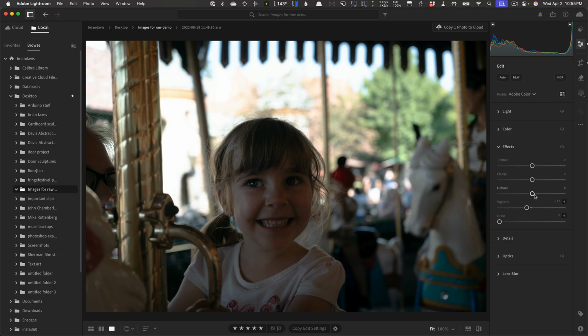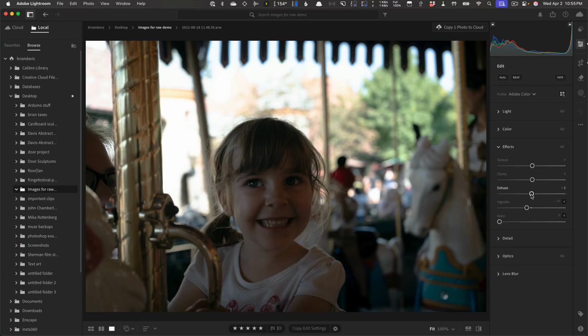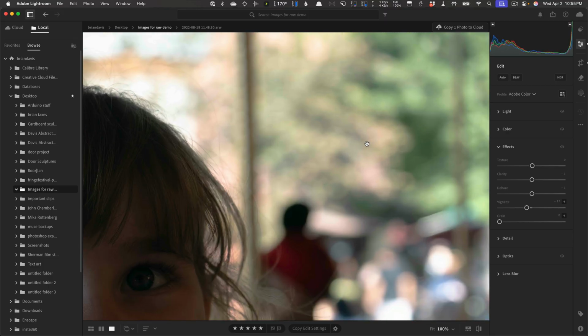Dehaze. Dehaze is sort of a play on contrast, but it's a little more subtle. I'll show you another photo that this will work interestingly on. Clarity too, we'll do some sharpening. Clarity is actually really nice to my eyes. It'll pump up the color contrast a little bit. You kind of see it brings that contrast up,